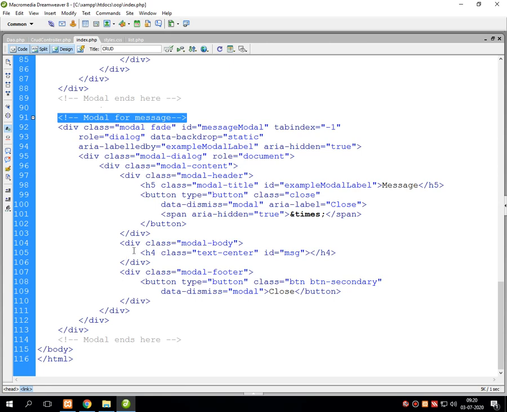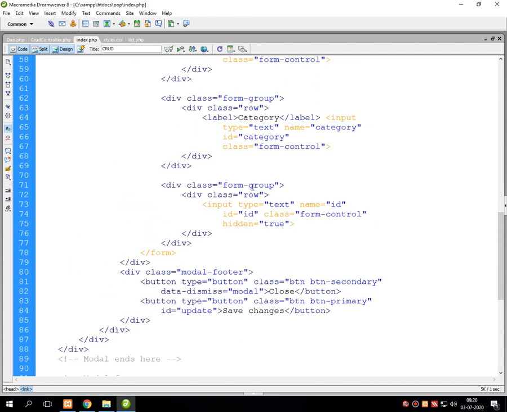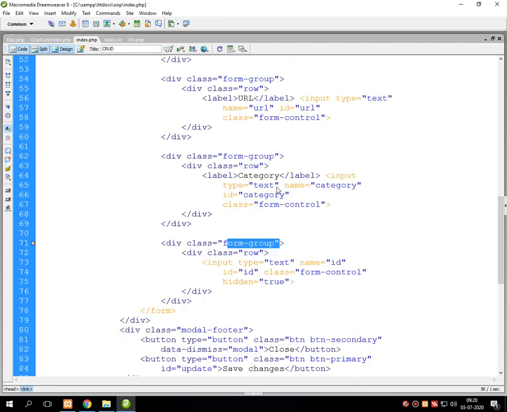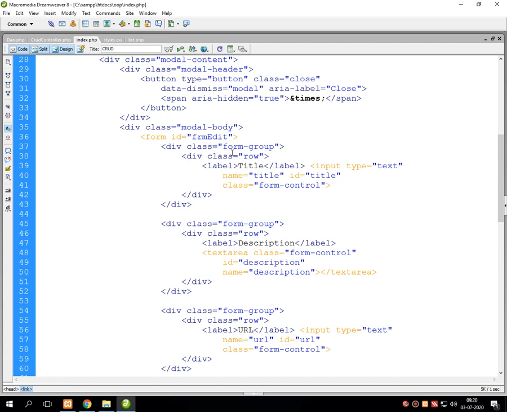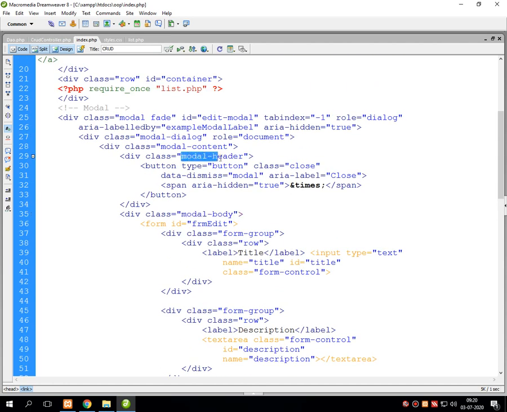Now students, I know you get confused by reading words like modal-fade, message modal, example modal label, something like form-group, then modal-body, etc. So actually all these are the class names which are called from the file called style.css.